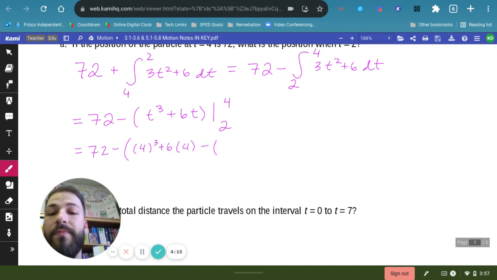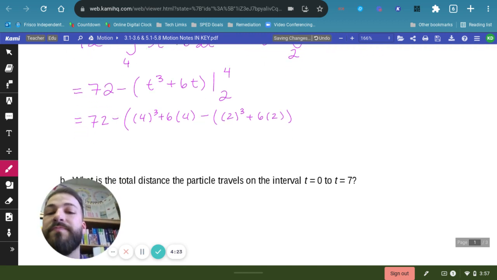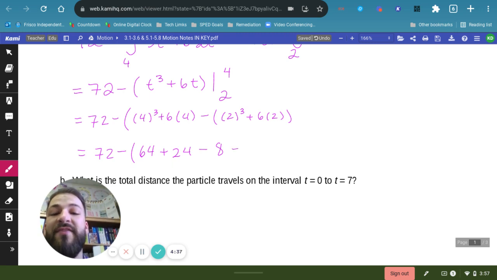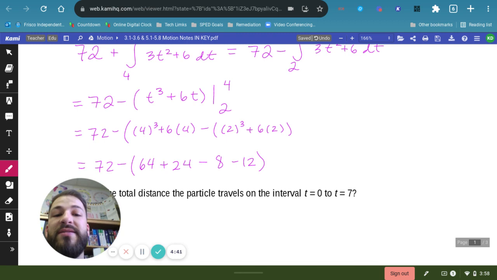Minus 2 cubed plus 6 times 2. Simplifying a little bit further, we get 72 minus 4 cubed, which is 64, plus 6 times 4 is 24, minus 2 cubed is 8, and 6 times 2 is 12, but times the negative is minus 12. So from here, we would get 72